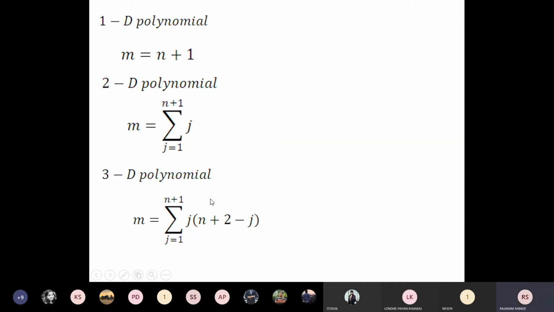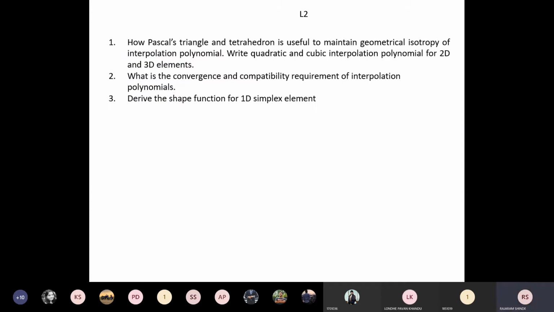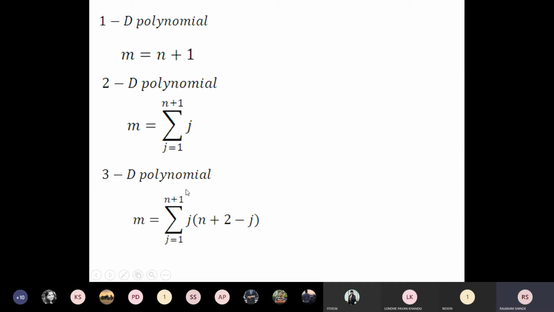How to calculate the generalized coordinates by using degree of the polynomial. Now you have written this polynomial for a cubic three-dimensional element. Is there any doubt while writing the interpolation polynomial? Akshay Jaiswal, have you doubt while writing the interpolation polynomial? No, sir. Okay. Now, if you have doubt again, that will be clear in second content.